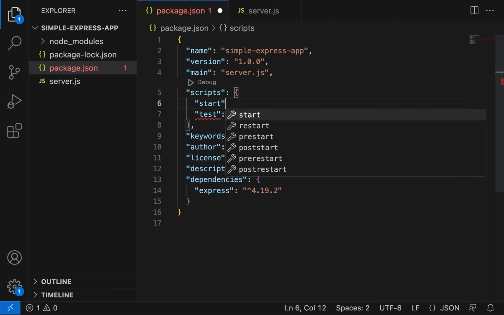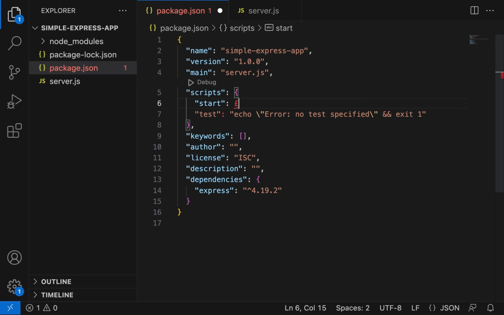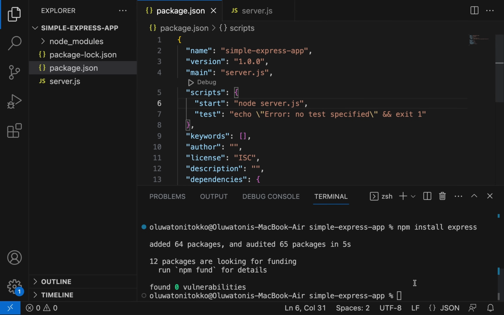And let's just say node server.js, just like this. Make sure we have our comma so we don't have any error. And now we can save this, right? Now this is good. And now we can just test this out by coming up here and saying node